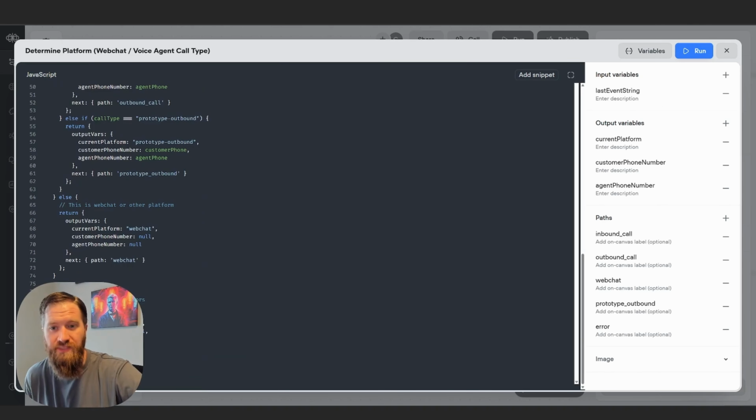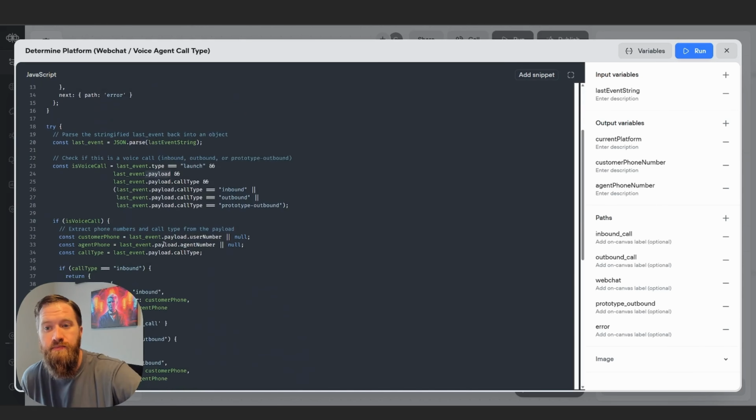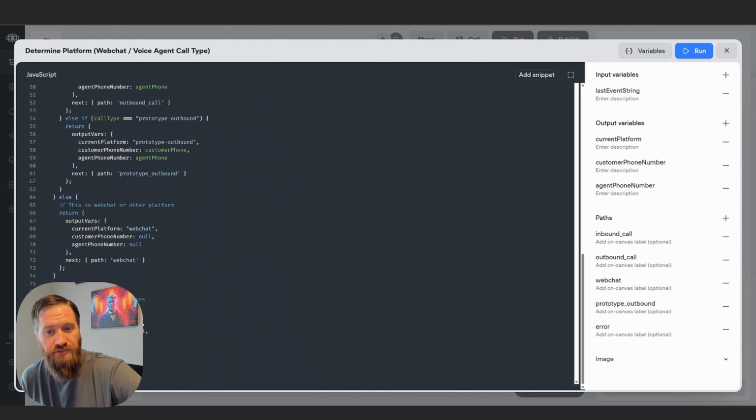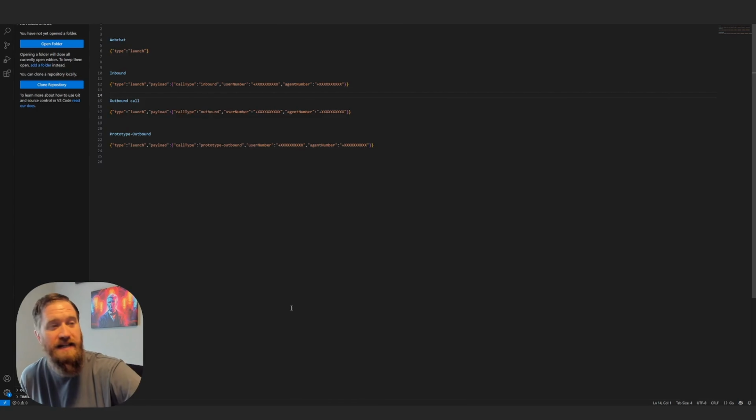If it does not, else, it's web chat, right? Because remember, at the time of this recording, web chat does not contain a payload in this launch last event. So this function works now, but we'll have to keep our eye on it as things change in the platform. We might have to change the way that this works. But for right now,